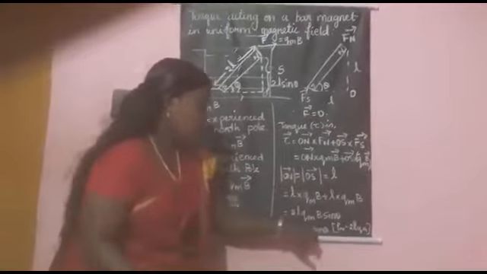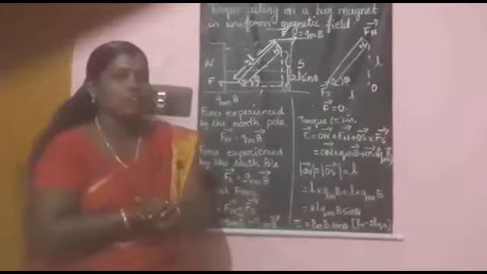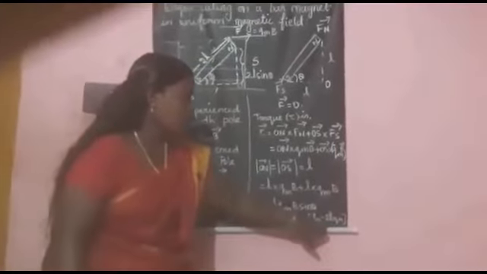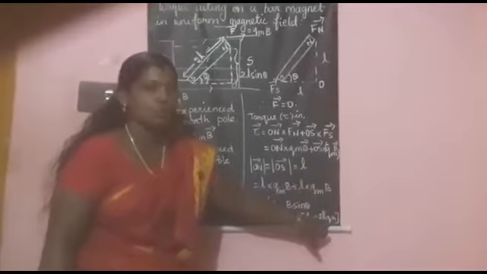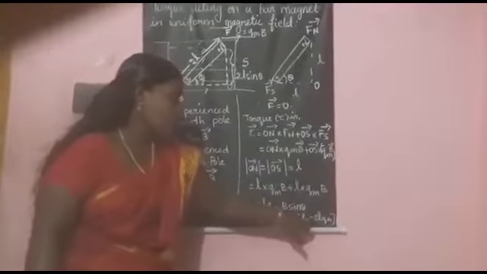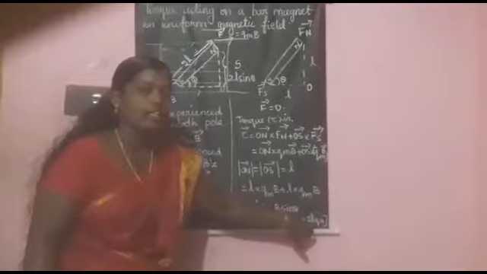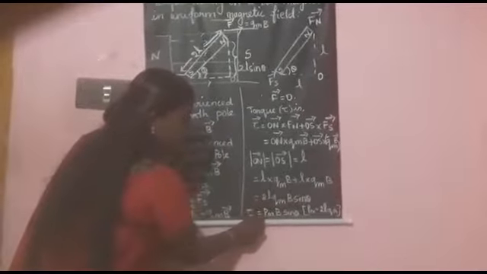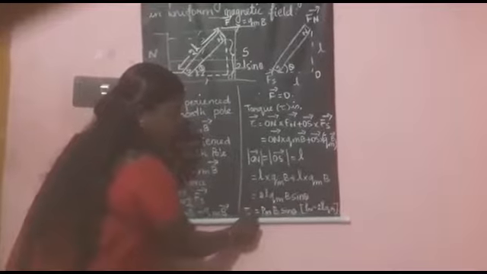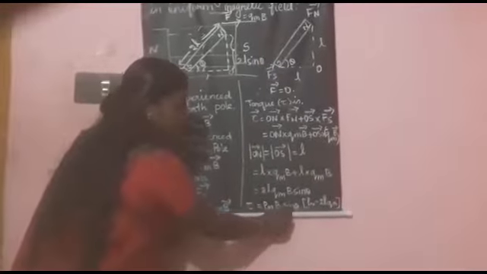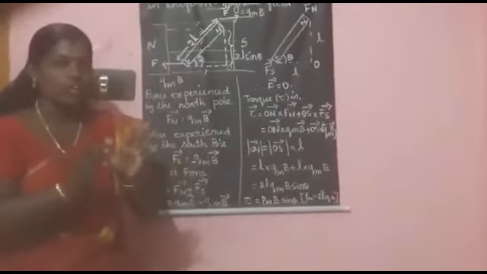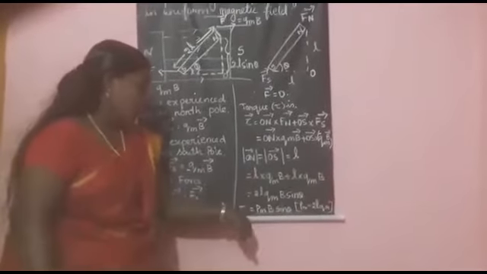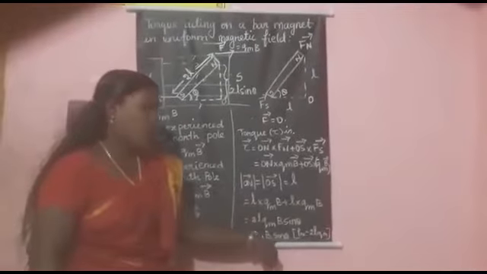Okay. The next, we already learned the dipole moment formula: pm equals 2L into qm. What is the value of pm? 2L into qm. So you have to substitute this value here, fully noted here as pm. So tau equals pm B sin theta. What is tau? Torque. So the torque formula is tau equals pm B sin theta.